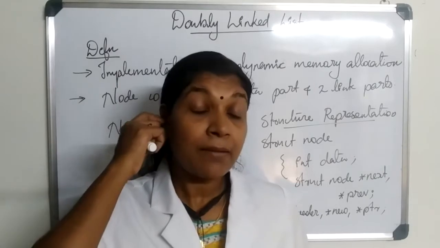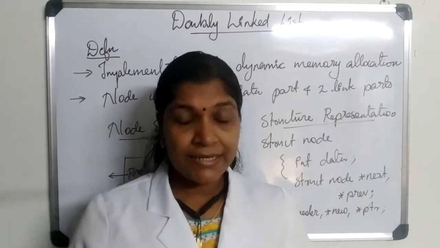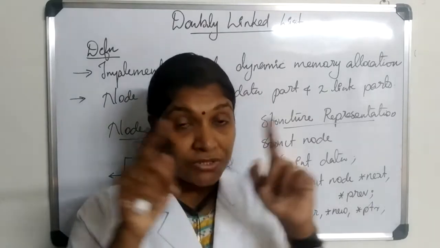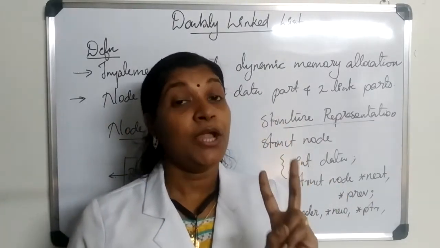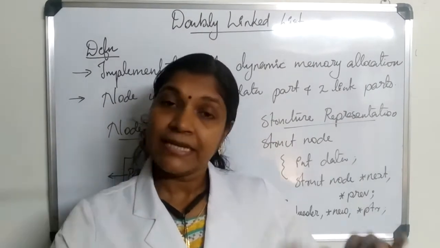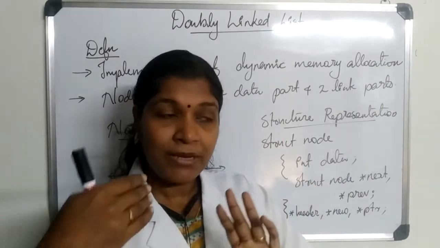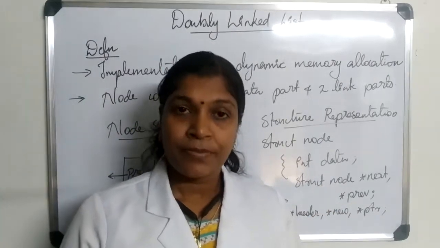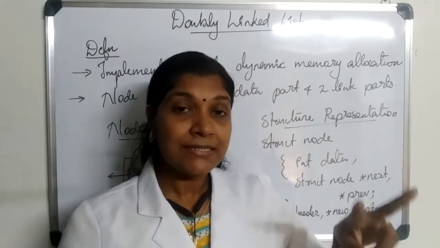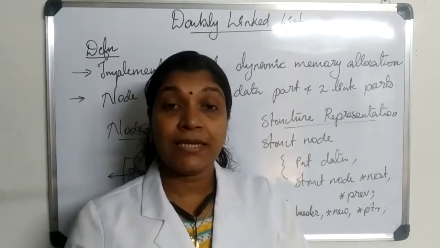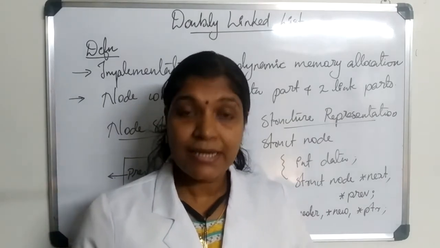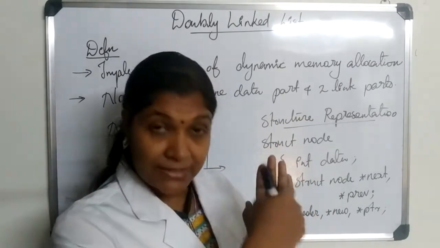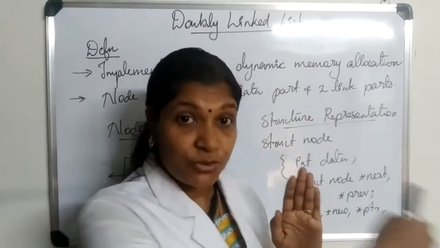So what is meant by a doubly linked list is that it is a linked list which implements the concept of dynamic memory allocation, in which the node structure has one data part and two link parts. In single linked list, only the movement from left to right was possible. Only one directional movement was possible. But in doubly linked list, as it is having two pointers, you would be thinking, what is this second pointer for, right? So normally in single linked list, what does that link part indicate? That provides us the link to the next node, right?